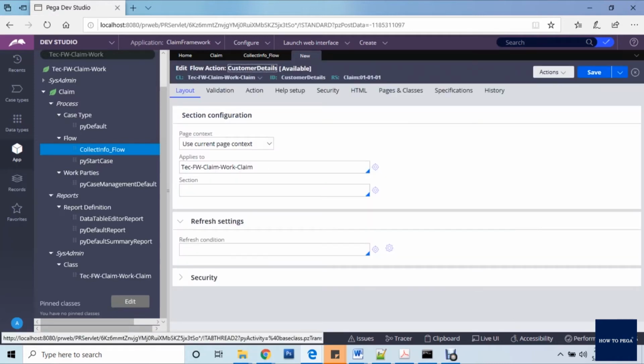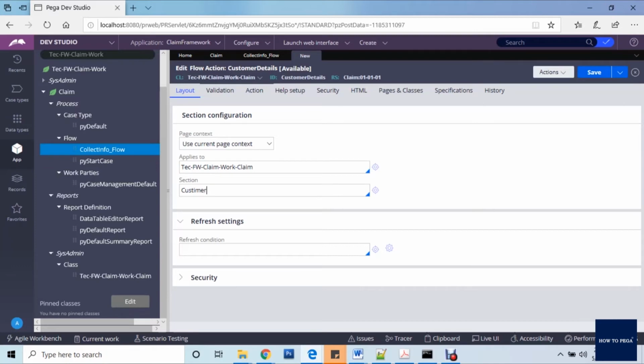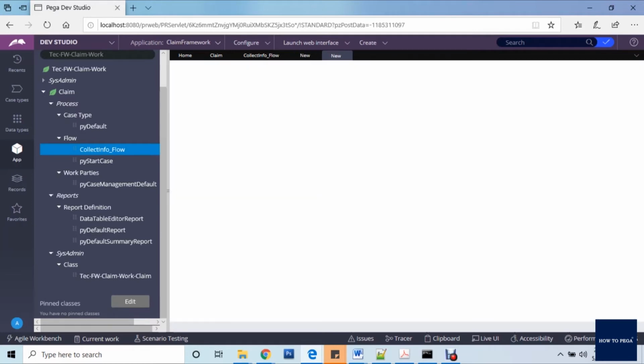Normally in the flow it's connected with the flow action. In the flow action itself we can call the section. The section is the user view we are going to show for that particular action. I will create one section called customer name and click, it will create automatically